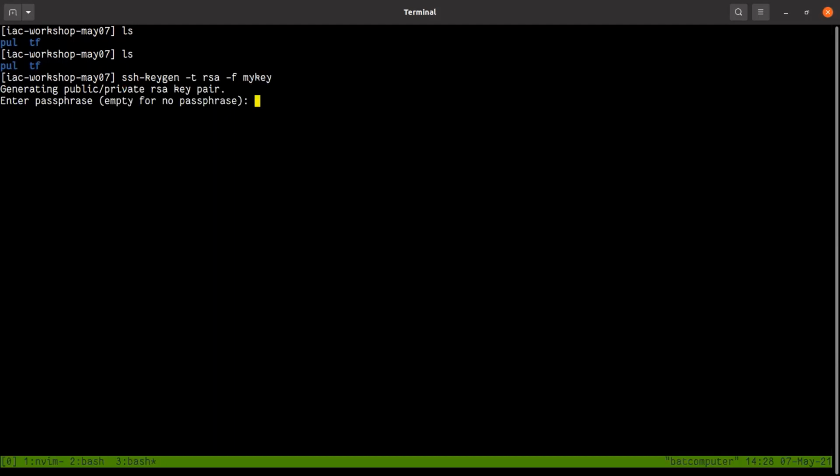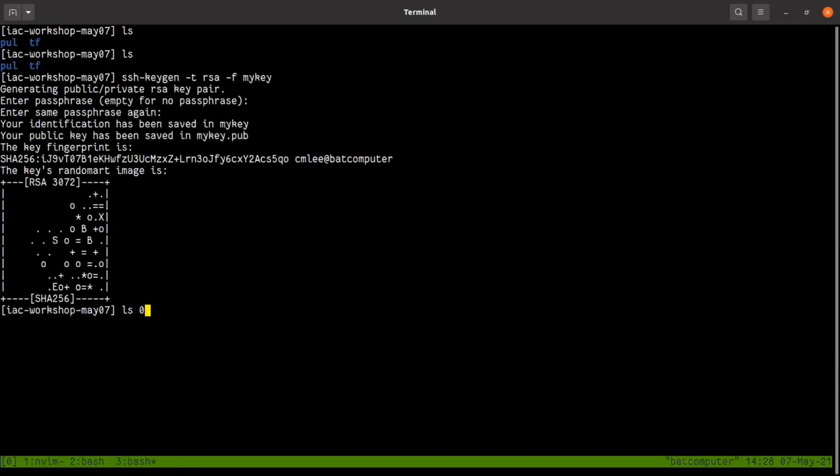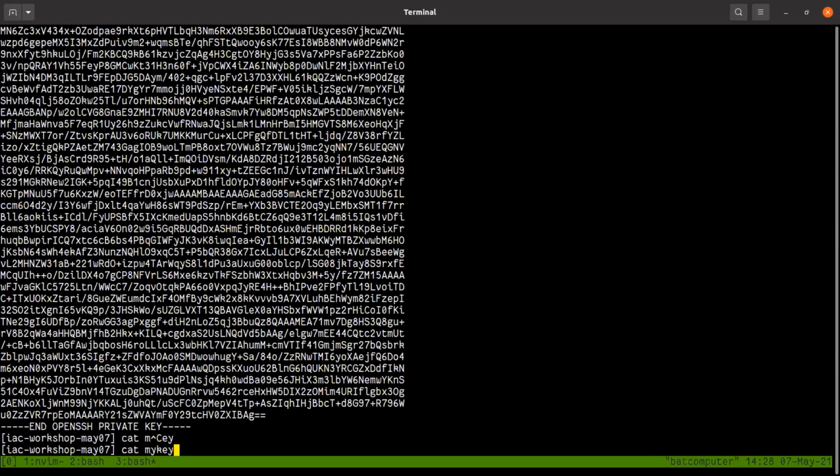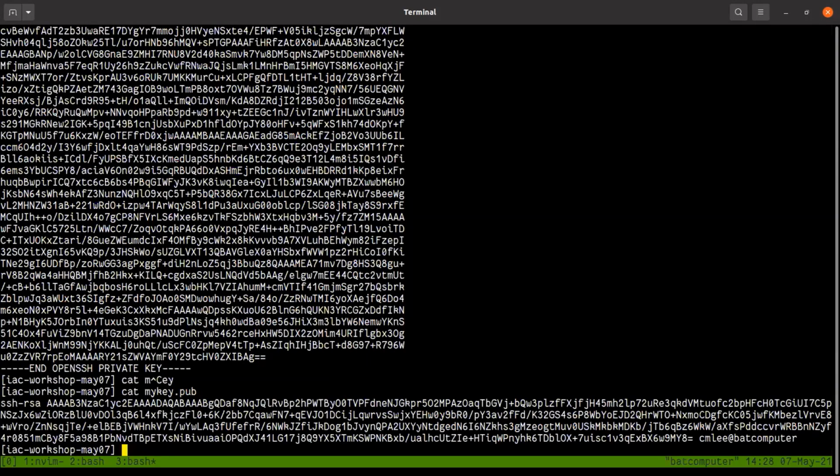I'm not going to put any passphrase. Those are my two keys, mykey and mykey.pub. mykey is my private key, and the pub is the public key. This is the public key that I'm going to need. I'm going to install this public key on the VM that I'll be provisioning so that I can SSH in.